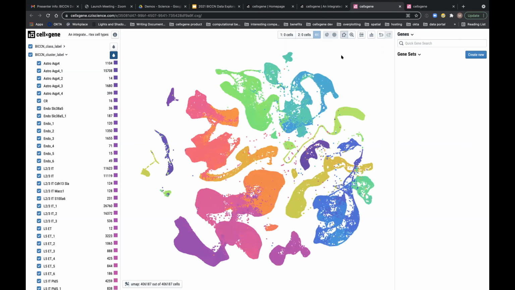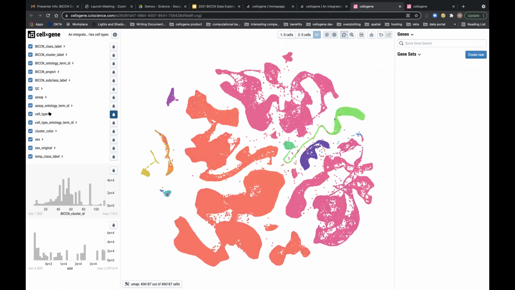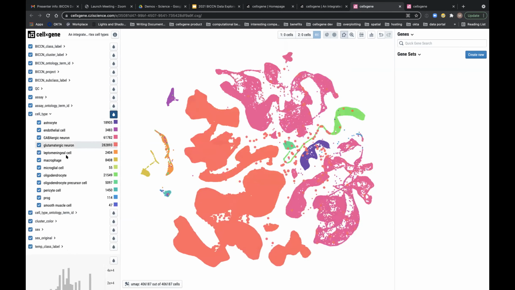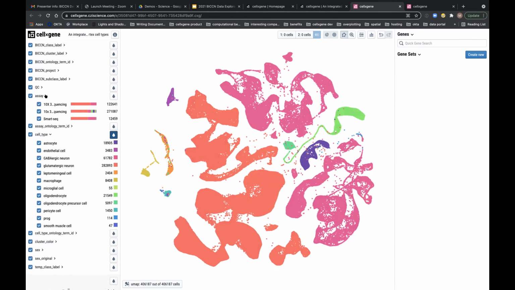We can also check out the interaction between different categorical metadata. I'll switch over to the cell type, which has been annotated, or translated, to the CZI schema, so it's a bit more coarse than the BICCN cluster labels. But what we do see here is the major cell types. Note that I've colored by cell type. Then I'll open up another categorical attribute, and we get this extra bar here. I've opened up assay.